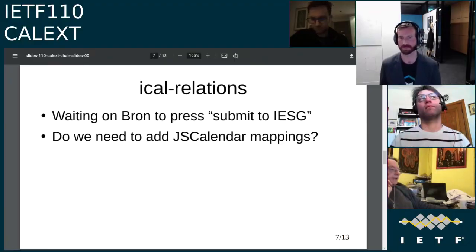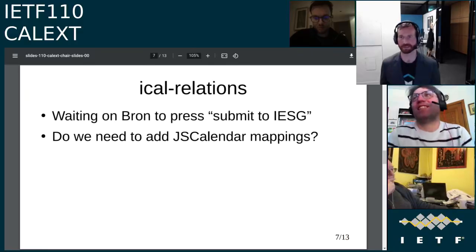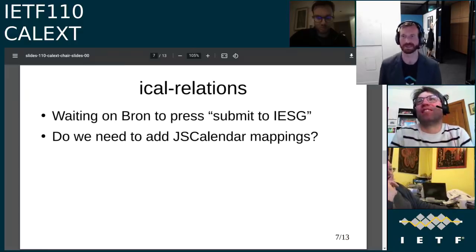My recollection is I think they're partially there, so maybe it would just make sense to make sure they're all there. It should be easier to then say it. And it's just a matter of adding values, essentially. At some point, we're going to have to add a JS calendar section to all our iCalendar changes to say, here's what happens with JS calendar.